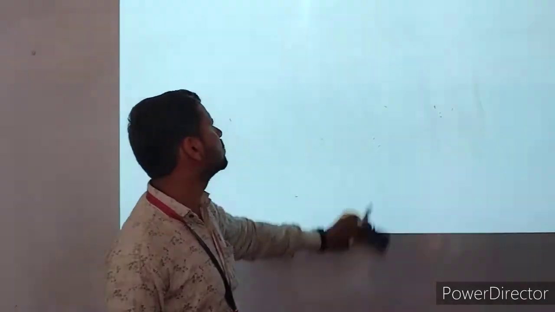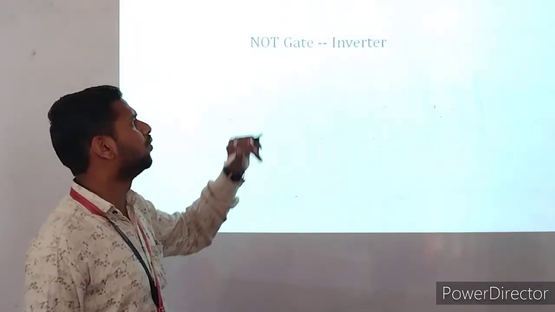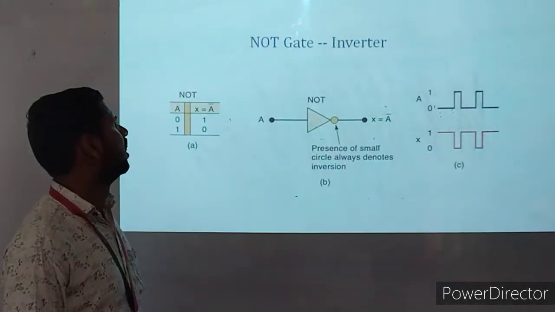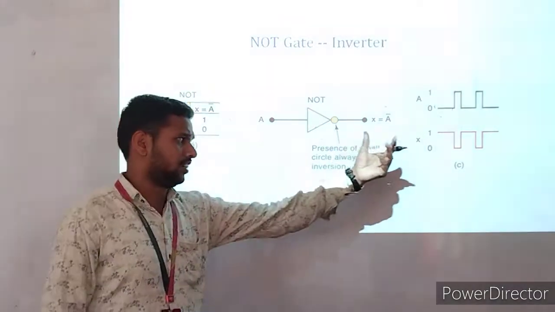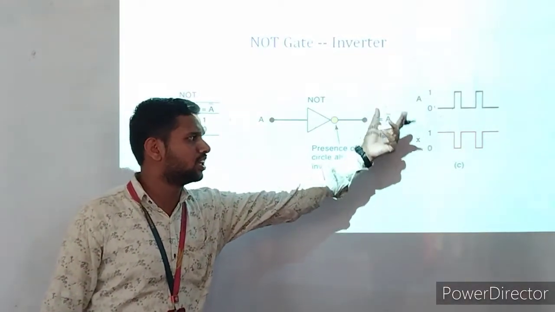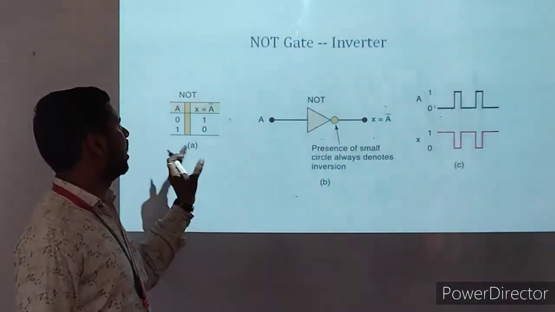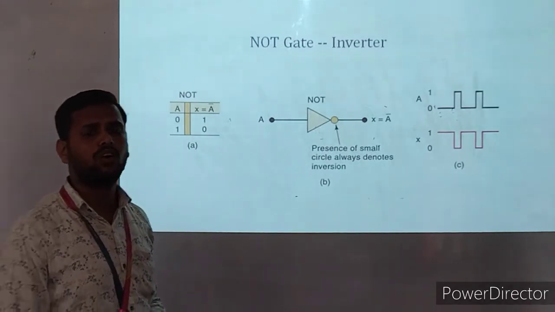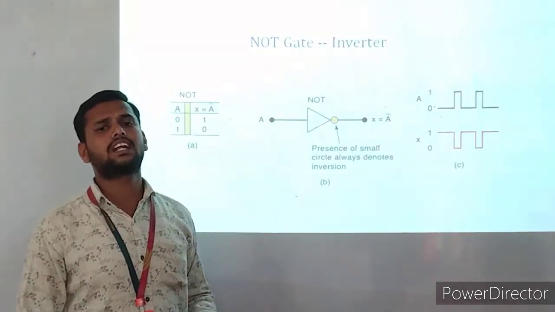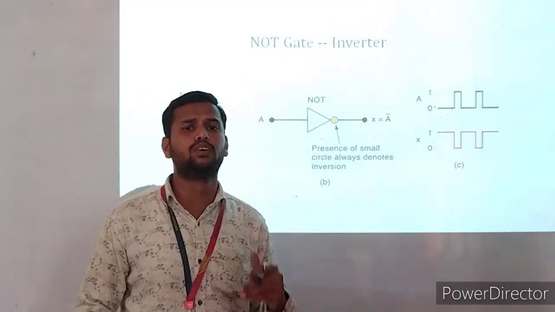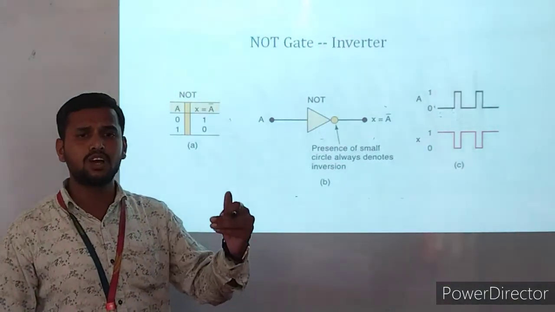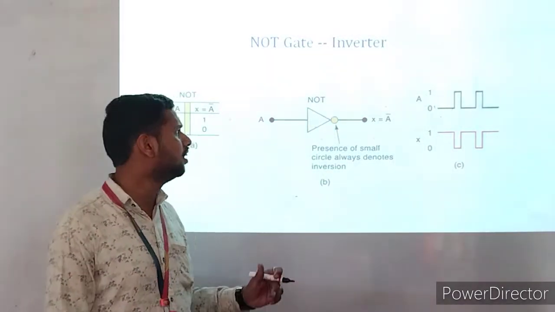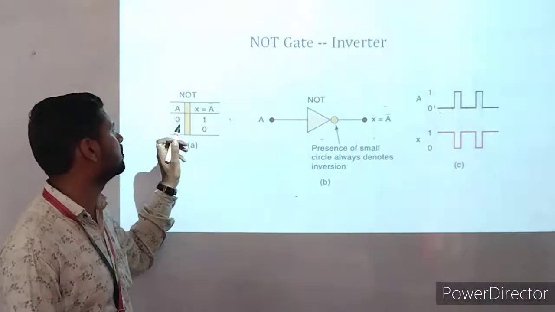Next, we can use a NOT gate, an inverter. The NOT gate function is the complement function, and we can see its symbol, the output expression or voltage logic of the NOT gate, and also this table, which is the truth table of the NOT gate. What is a truth table? The truth table shows all possibilities of the input and what the output of the logic gate is for each one.